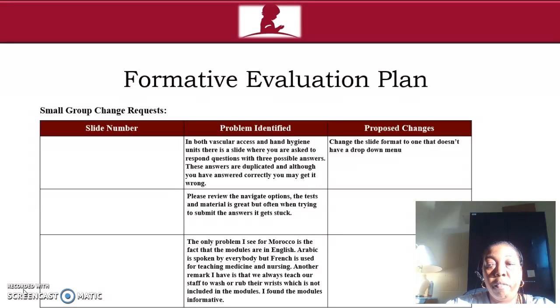That was a quick overview of the formative evaluation plan and the results. Next, we will have lessons learned by